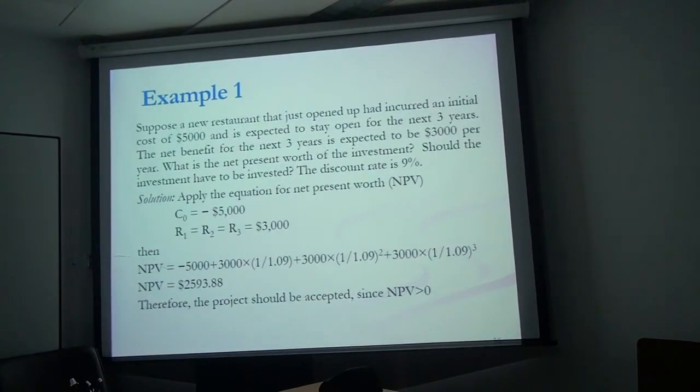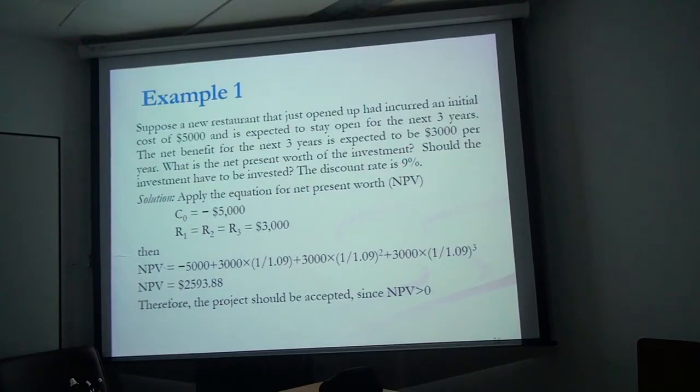Now we have some examples. Whatever concepts we have learned, we will see in some examples here. Suppose a new restaurant that just opened had incurred an initial cost of $5,000 and is expected to stay open for the next 3 years. The net benefit for the next 3 years is expected to be $3,000 per year. What is the net present worth of the investment? Should the investment be made? The discount rate is